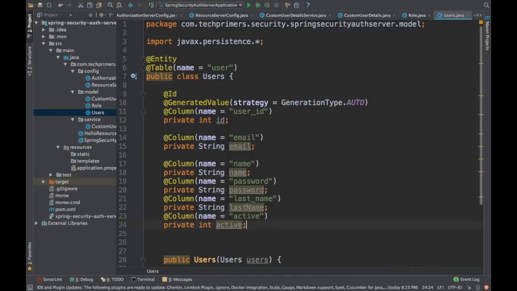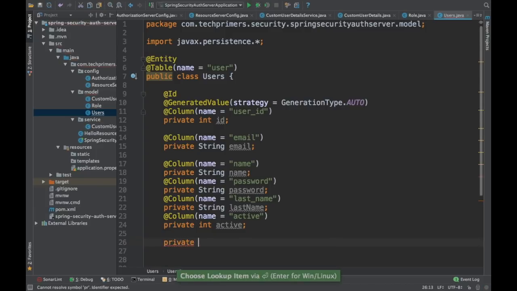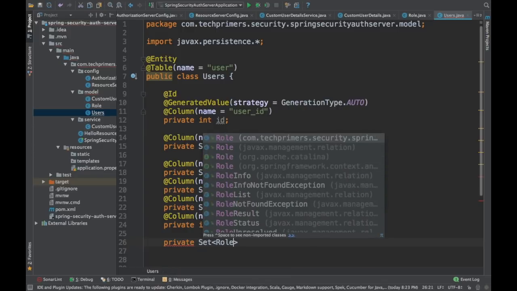Now there was an intermediate table which was having a relationship, right? So what we are going to do is use the one-to-many mapping and map that relationship here itself, so that whenever you load a user, it gives you the roles for that particular user. So we are going to leverage that one-to-many mapping feature from Spring JPA using Hibernate. So I'm going to say give me the set of roles,